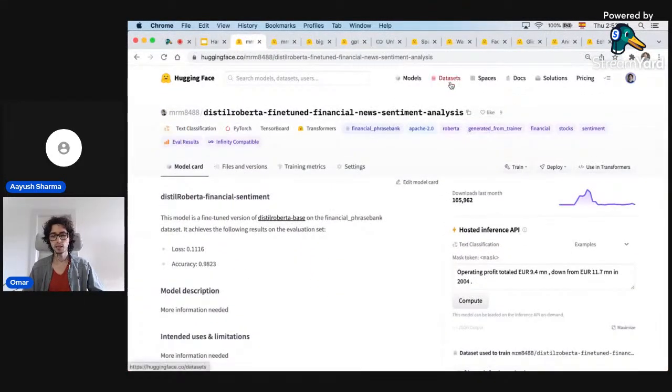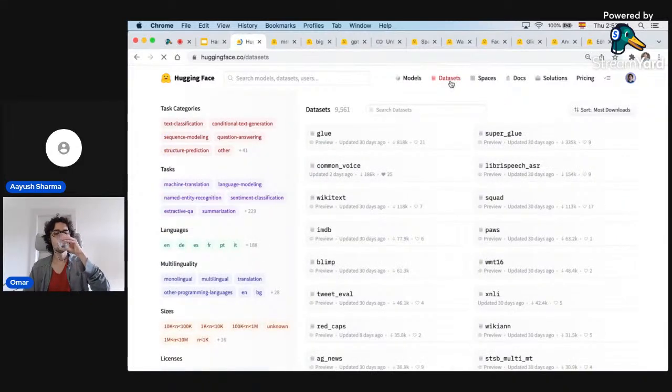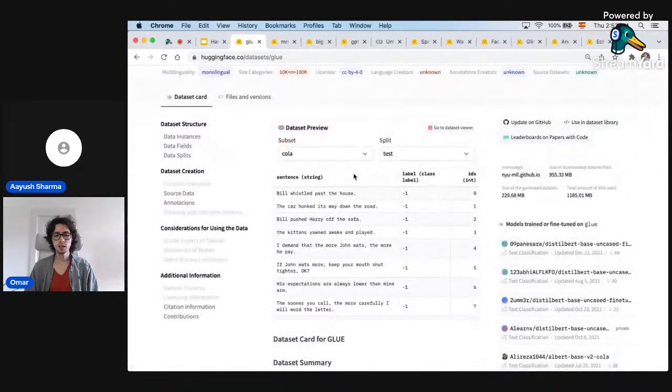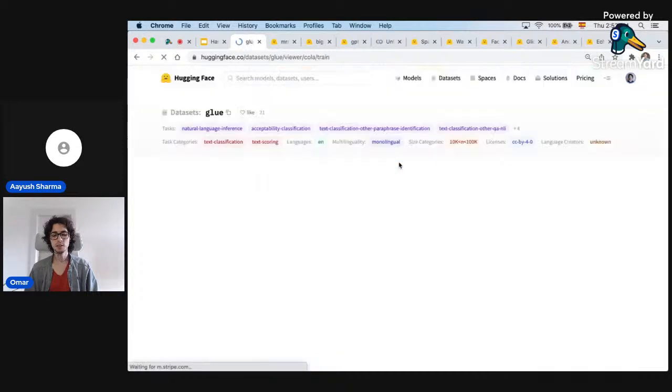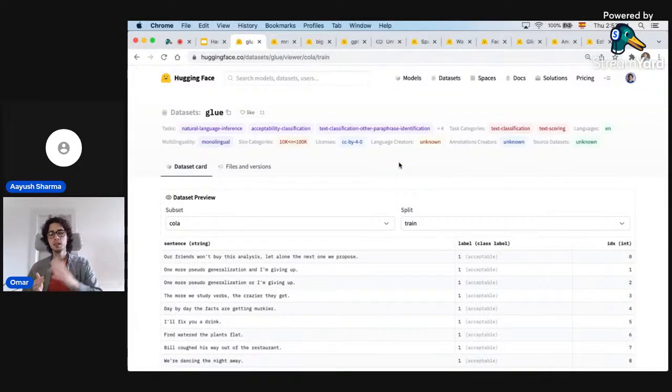So here at the top, you can click datasets. And at the left, you can filter again by language, by the size of the dataset, by the task category. You can click things such as Clue. Clue is a very famous dataset, and you can even directly see a slice of the dataset in the browser. So without needing to download the dataset locally, you can see and explore this dataset up there in the browser. And you can even see different splits. So for example, in machine learning, you usually have a training split and a validation or test split. You can explore both of these.